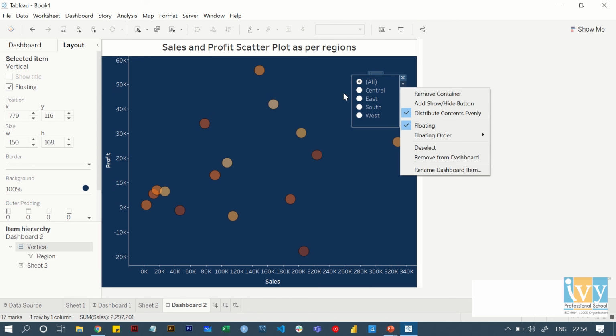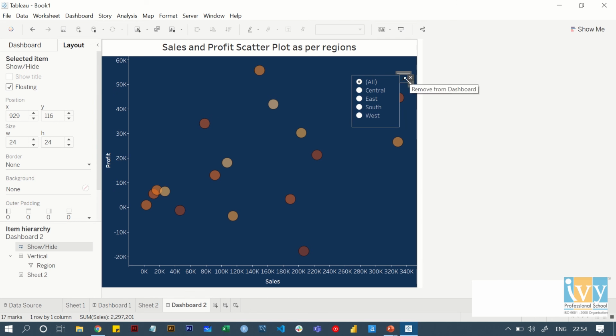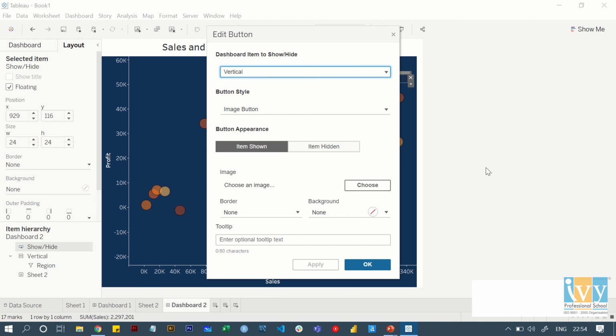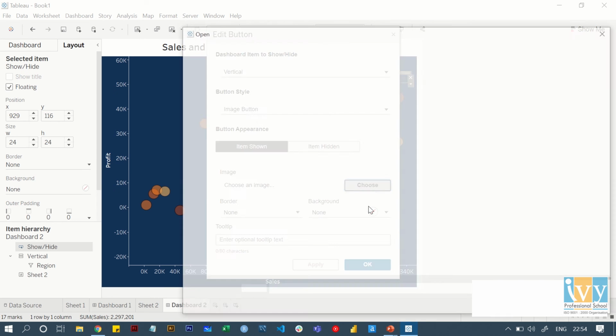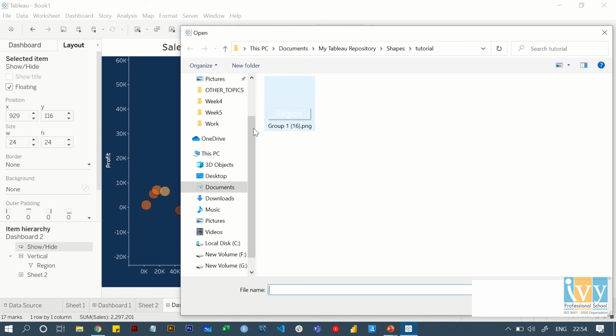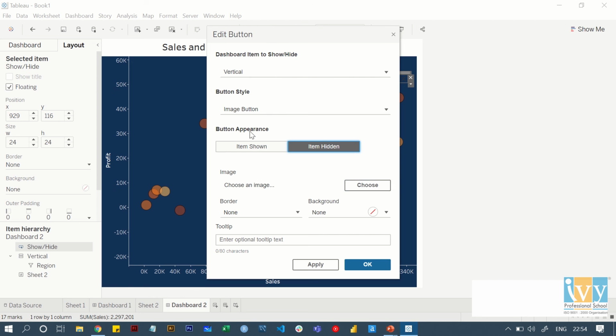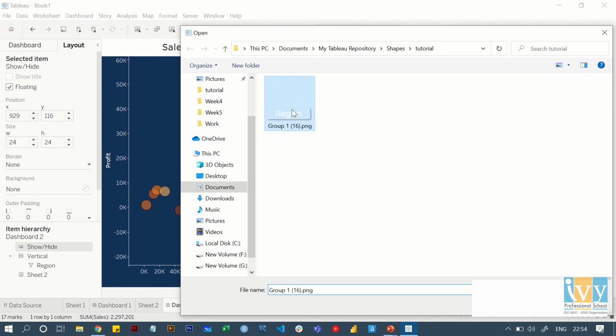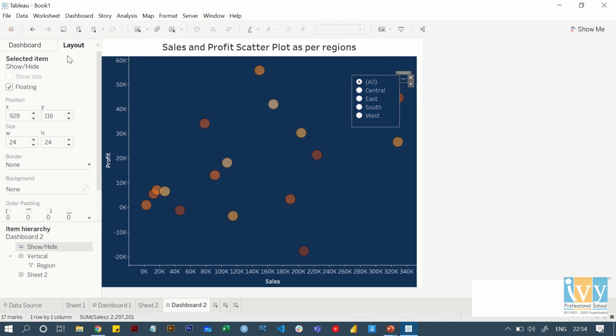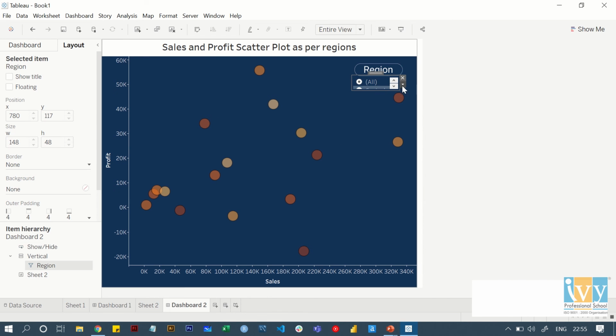Now I'll simply say that this container should have a show and hide button. Show and hide button functionality is something new in Tableau, which basically says that whenever I click on show, then I want to show something, and whenever I click on hide, I want to hide whatever is inside my container. So that is exactly what I'm doing. Maybe give it a height of 40 or something. That works. Yeah. The height changed because, okay, done.